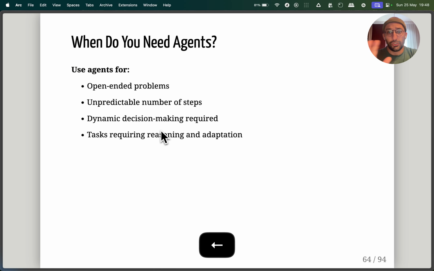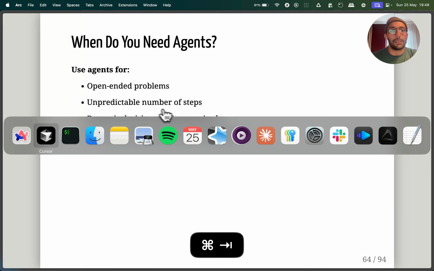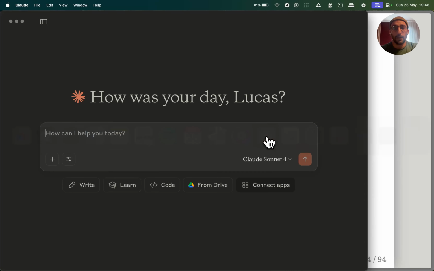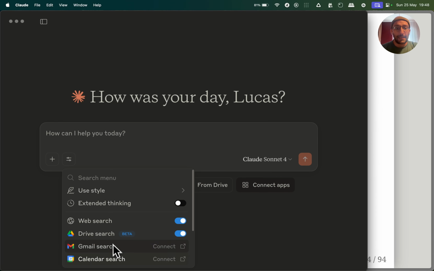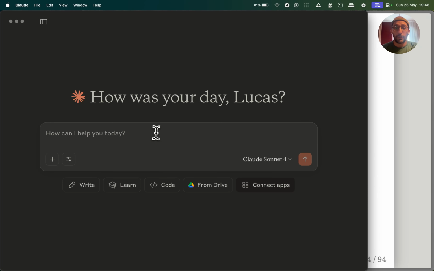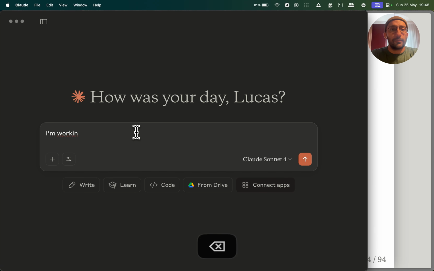And what I want to do, just to demonstrate this idea, is go here to Claude Desktop. Because in Claude Desktop, folks, I have a few MCP tools that can do stuff on my computer and that can do different things. So here's what I'm going to do. I'm going to say, I'm working on a presentation about agentic loops.